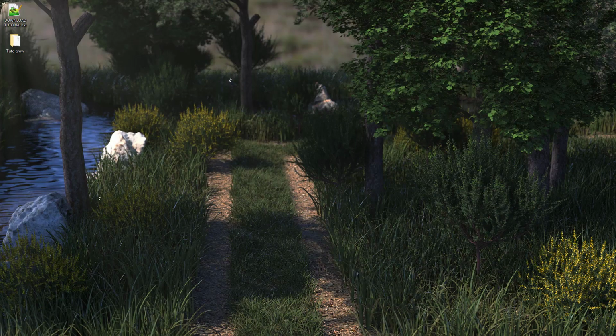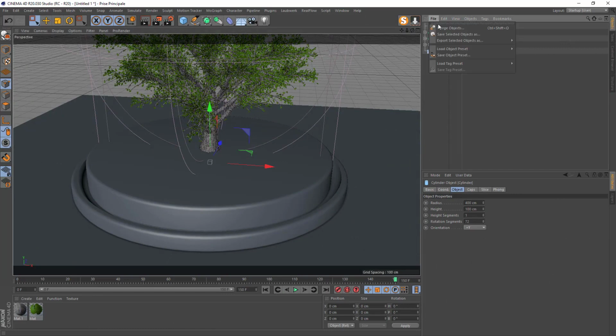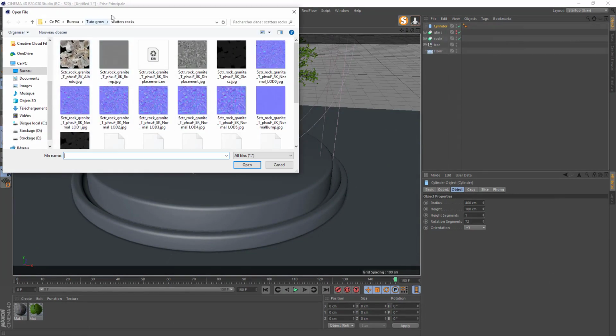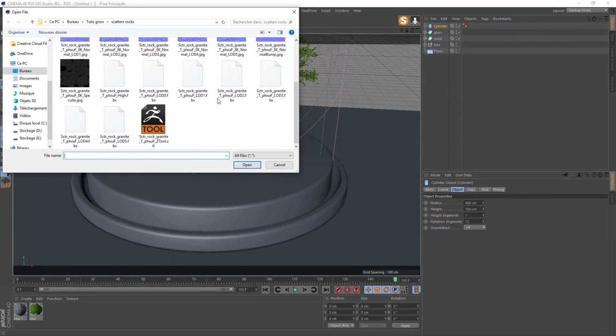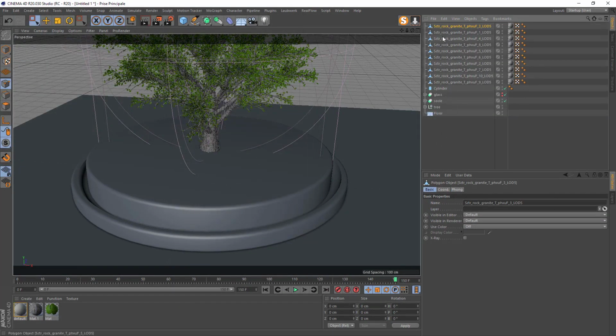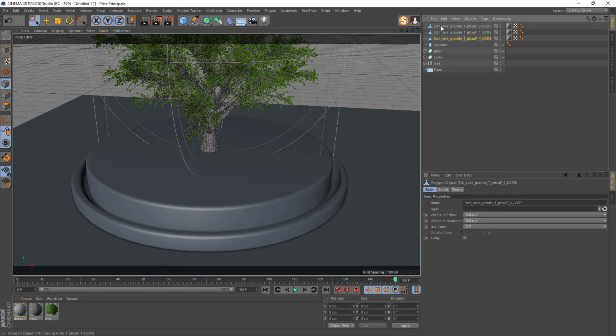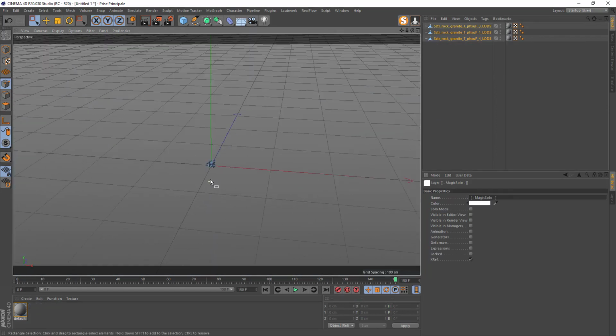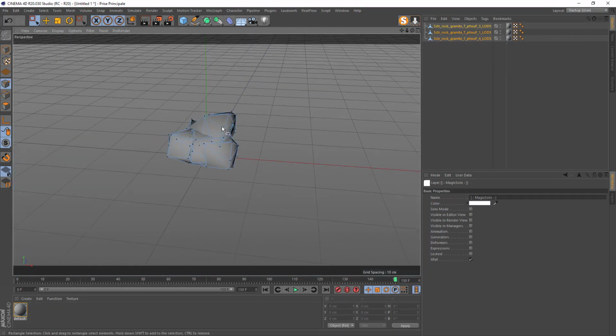Then when you download it, you go to Cinema 4D, merge, and for me it's this one, so I will go there, open. Okay, I got everything, you see, it's all rocks. I will keep only 3, so I will delete all those, select them, go to solo mode, so we've got that. I choose,